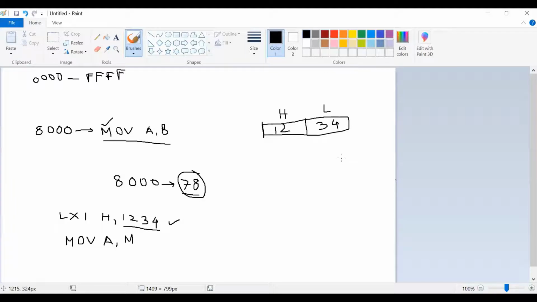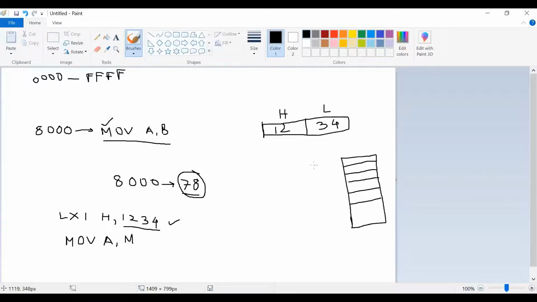So suppose these are my memory locations. This is one location, this is another location, and so on. In this way it is filled up.